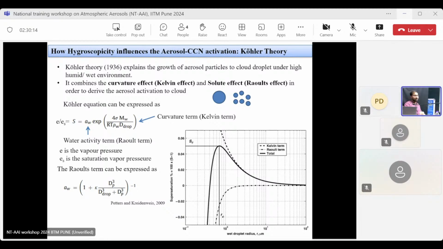Okay, so Koehler theory, Koehler has already developed this theory way back in 1936. So he has combined the effect of curvature, that we term the Kelvin effect, and the effect of the solute, that is the composition, that is the Raoult effect. Okay, so the Kelvin effect basically depends on the size of the aerosol. Suppose I have